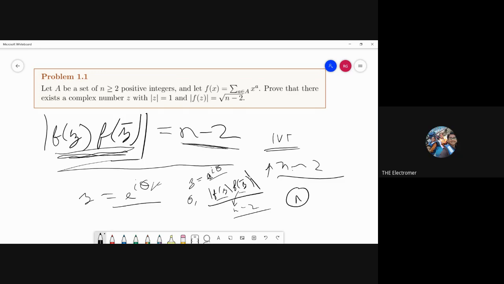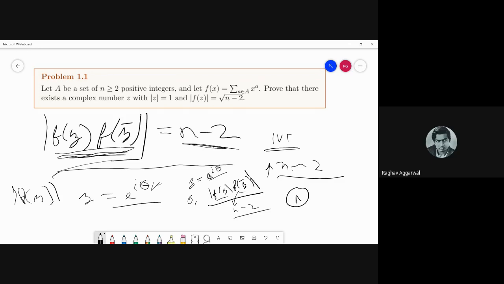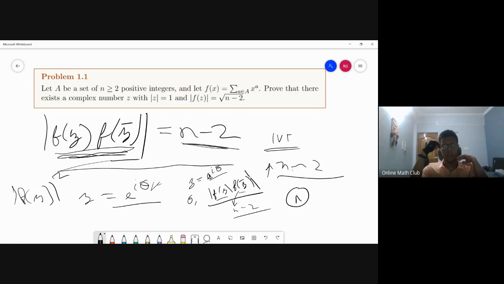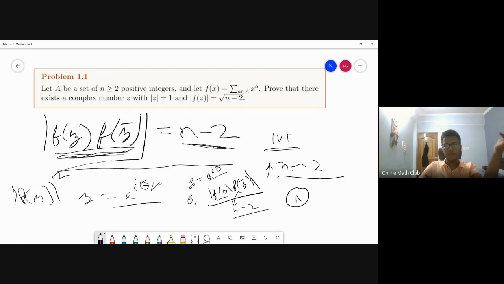Is this literally f of mod f of z squared? This is an integer value, I think, because n is an integer. We want it to be an integer value, but we don't know that it is. We want it to be n minus 2. We don't know that. Like f of z times f of z prime equals n minus 2. So if we want it to be n minus 2, we want to find such a z. We haven't found such a z.